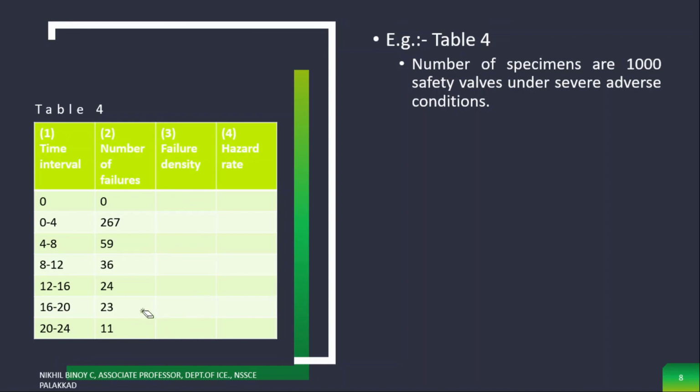So I am stopping my class here. Tomorrow we are going to discuss the bathtub curve. Actually, before the bathtub curve, we have to explain mean time to failure if delta t is not equal to 1. We explained that, but one more time I want to explain mean time to failure. And one more thing I want to show you: if delta t is not equal to 1, I want to show the relationship between mean time to failure and failure density. Okay, so today I am going to stop my class.